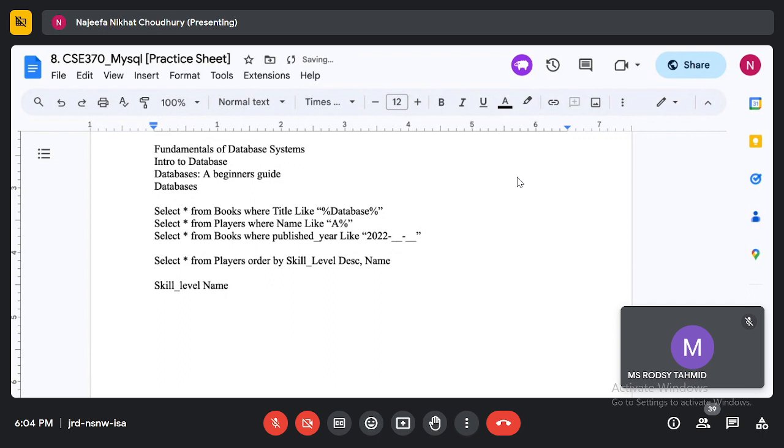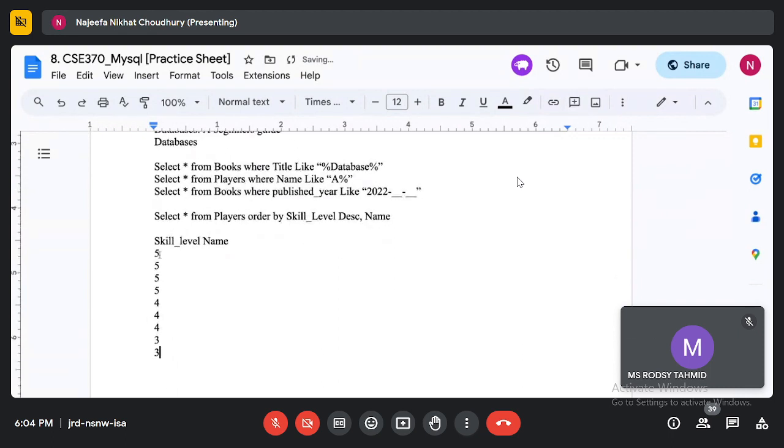So I have skill level and name. So let's say everyone who has the highest skill level will come first. Then let's say like this, right? So now these 4 people have the same skill level, so their information will be there. These rows will be sorted by name, and since I did not mention whether it's ascending or descending, it will by default be ascending. So in ascending alphabetical order, which means somebody whose name is, let's say, Anik will come first, then let's say last name, right, that will come later, and so on. So that's how it will be sorted.